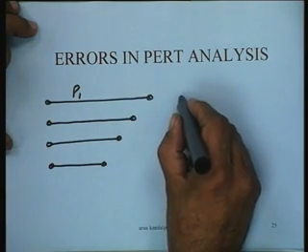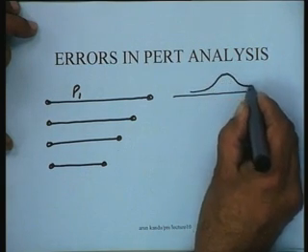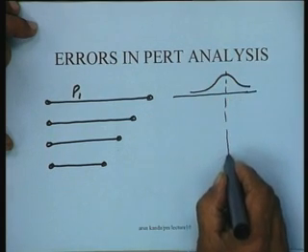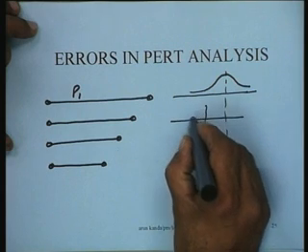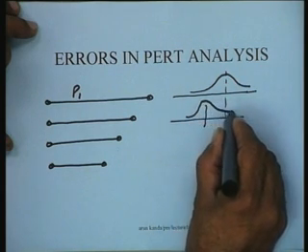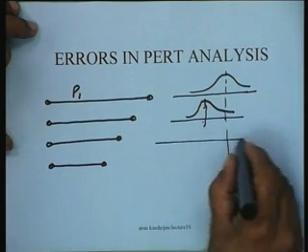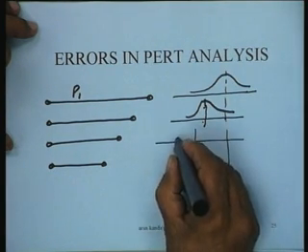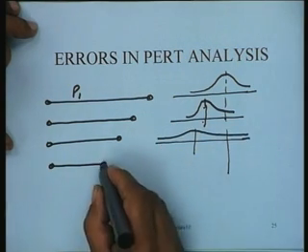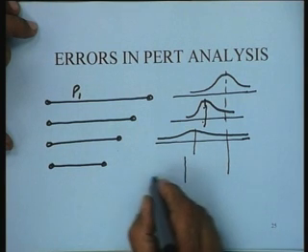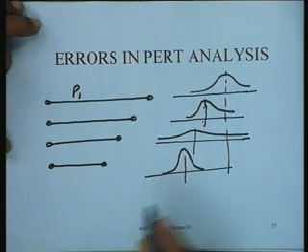So what we are simply trying to say is that this distribution will be a normal distribution with mean equal to this. So this is the mean of the critical path. This particular path will have a smaller mean, so maybe it has this mean, and it could still have a normal distribution, something like this, but its mean is smaller. This next distribution will have a mean that is probably still smaller, and it could be very dispersed like this. This particular path could also have a distribution something like this. It would not be important for us to take it.